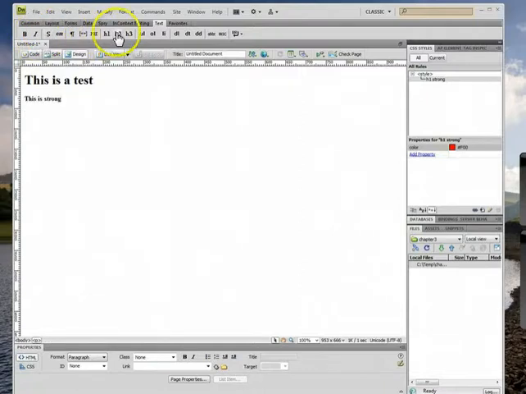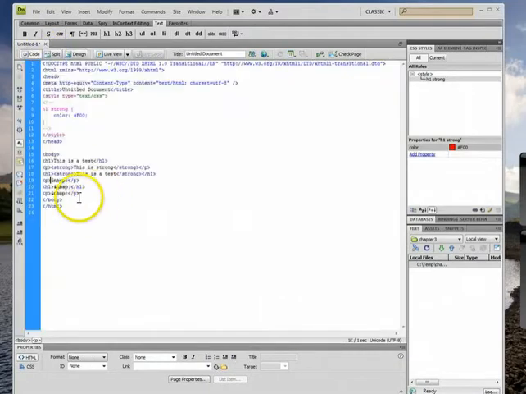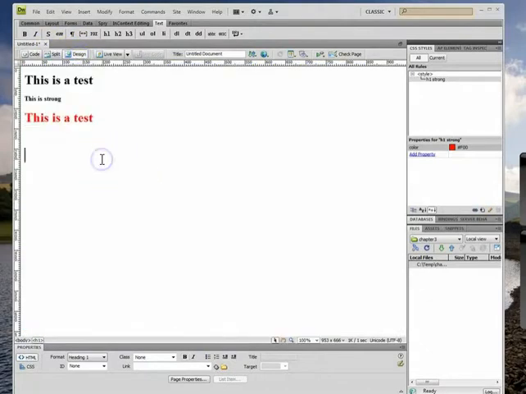Now let me do an H1 followed by a strong. Okay, do you get it? So only when the strong is inside an H1 am I going to make it red. And you can look at inside for the code for a second. So look, this was just a regular H1. This was a regular strong. And this one is a strong inside an H1, and it follows that rule that I said, and it makes